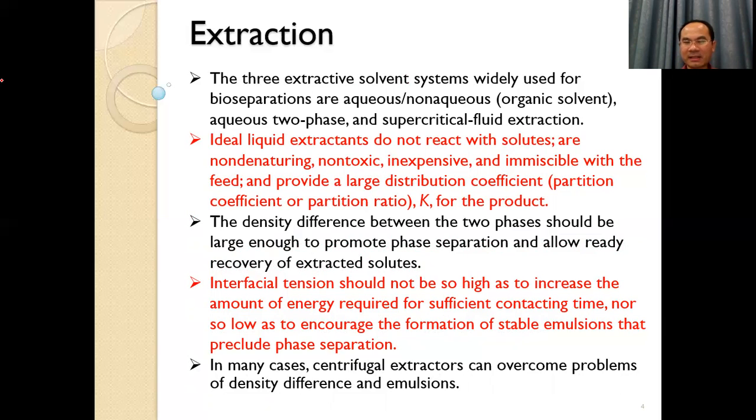In this case, the second system also dissolves in water and mixes together. And the last one is supercritical fluid extraction, where we use a supercritical fluid for the